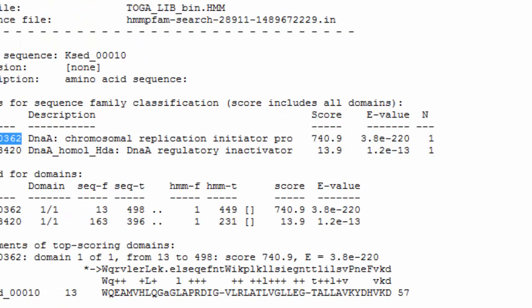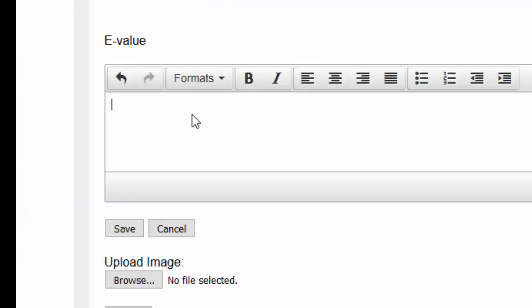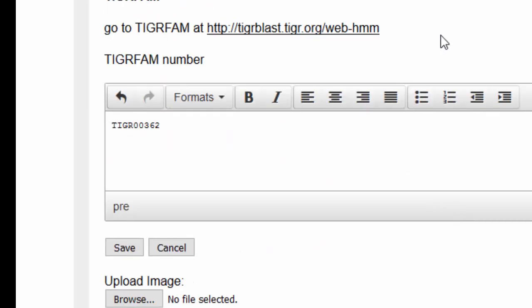And the score is back on this page. High score in this sense means good. And the e-value we're very familiar with had better be less than 0.001. And it sure is. It is almost 0. Save that. Okay, I am going to record, because there's another one, I'm going to go back and